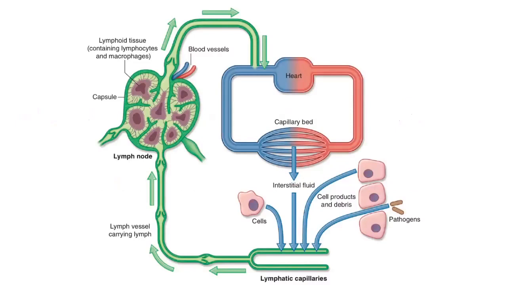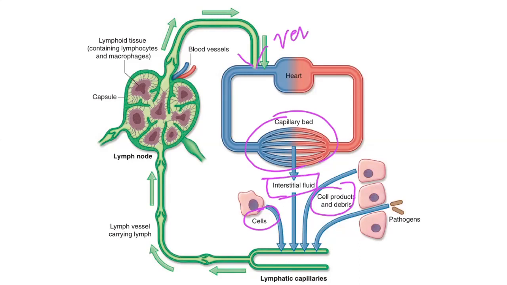As you remember, I hope you remember this diagram. Lymph is a collection of fluid from the capillary end, and the lymph contains interstitial fluid, some cells, and cell products and debris, and they ultimately open into the venous side of the vascular system. So the lymphatic system contains the lymph nodes and lymphatics, you already learned that.